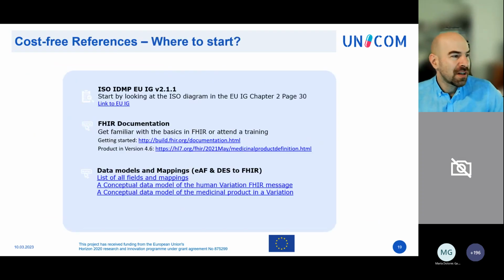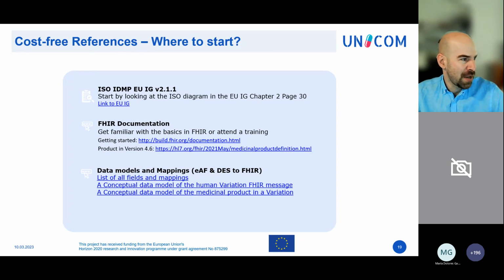All right, if you want to start implementing, this is the first thing that you look at, which is the ISO IDMP EU implementation guide from EMA. My dear colleagues Veronica and Marcus are writing this, and we usually annoy them with things that we want in there because we need them in the EF. So they are very kind to add whatever we need for the processes of the authorization of the medicinal product. And they are now in the version 2.1.